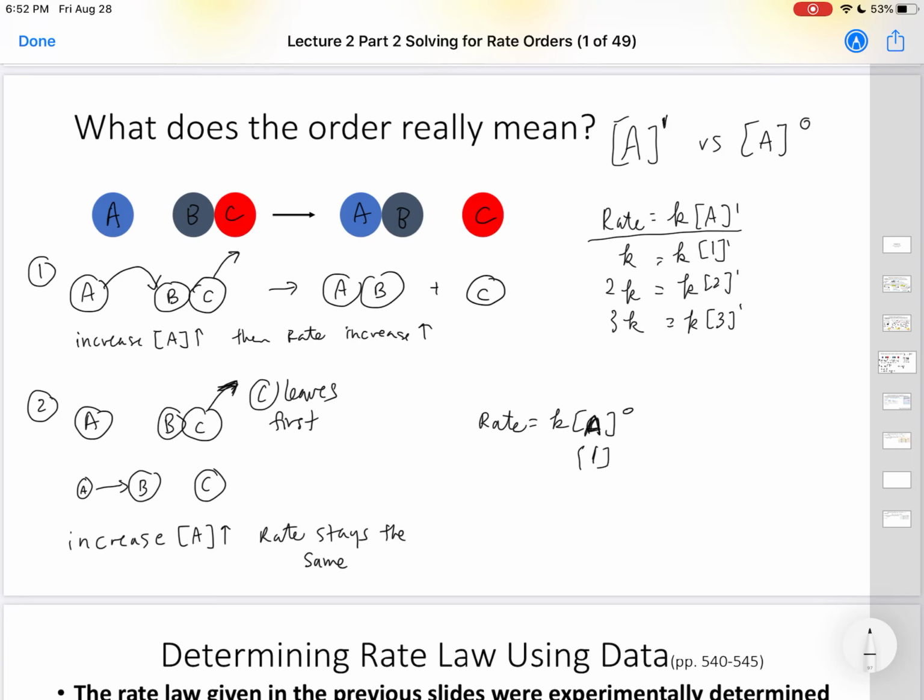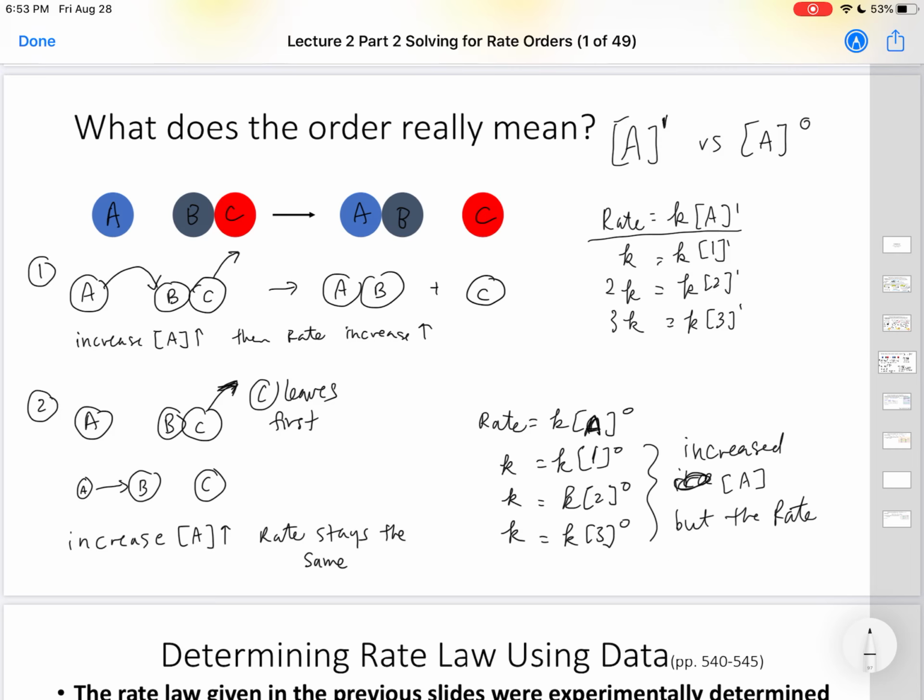If you have 1 as your concentration, anything to the 0 is 1, so rate is K. If you increase the concentration to 2, 2 to the 0 is still 1, so again the rate is K. And if you have a concentration of 3, again your rate is K. So notice in this case you've increased the concentration of A, but the rate in every case